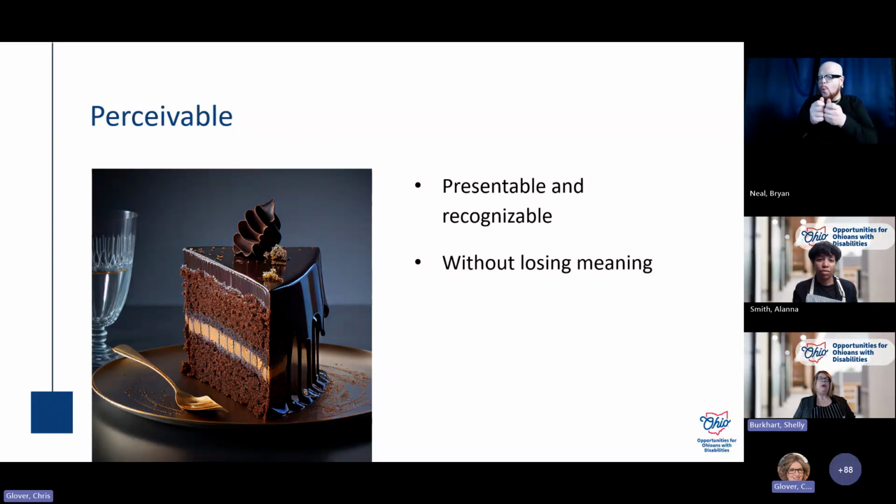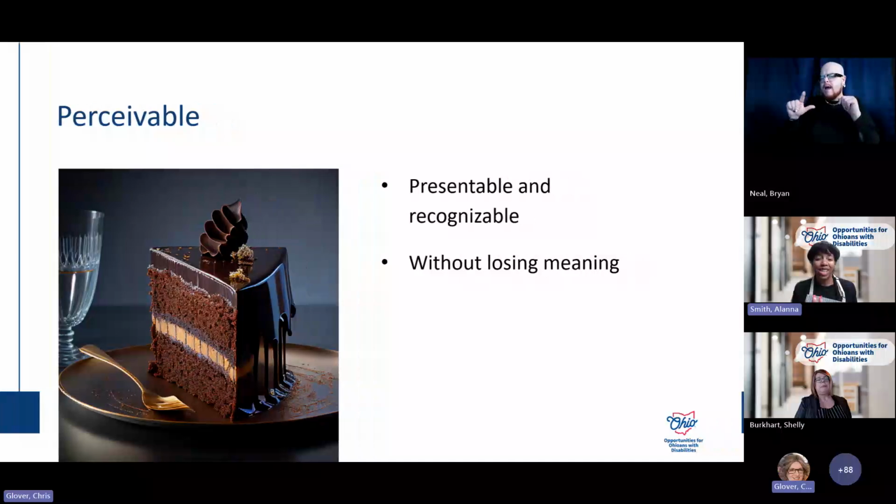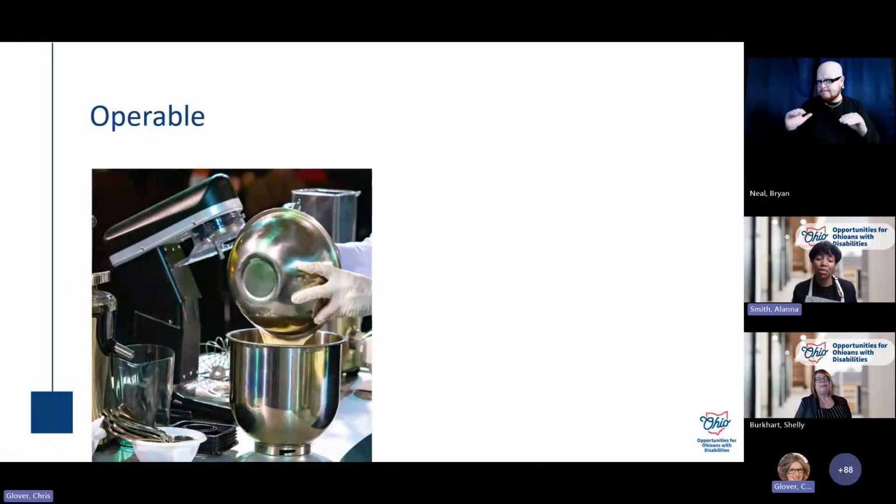For example, when you're considering this, you might ask, if someone is blind or has low vision, can they use your site? Is the user experience positive regardless of how the user obtains the content? Alanna, will you tell us about the next principle? Of course. The second principle is operable, and this means users must be able to use all aspects of the